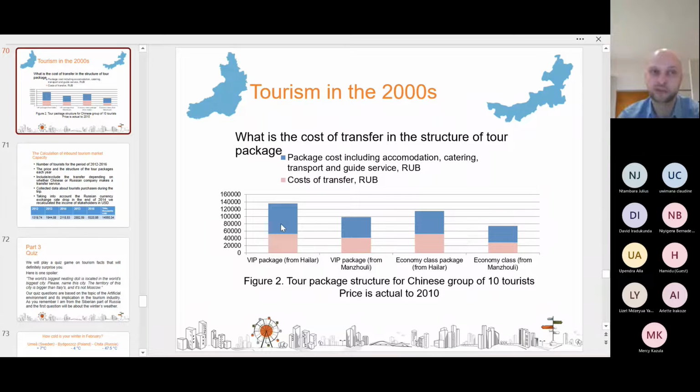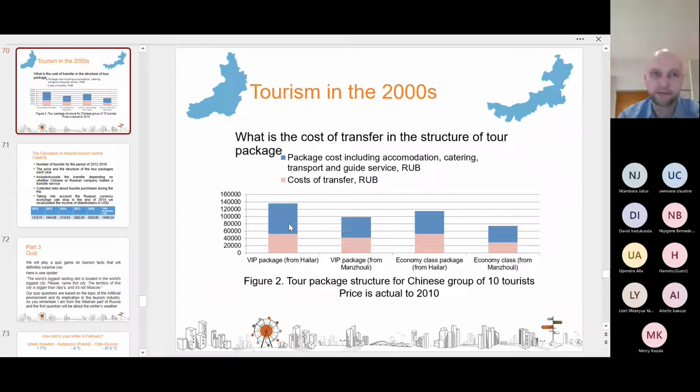So I know how much money was invested into the transfer, into the catering services like breakfasts, lunch, dinners, interpreters, transport, accommodation fees. And also I should mention that in 2012, we served more than 55% of all tourists